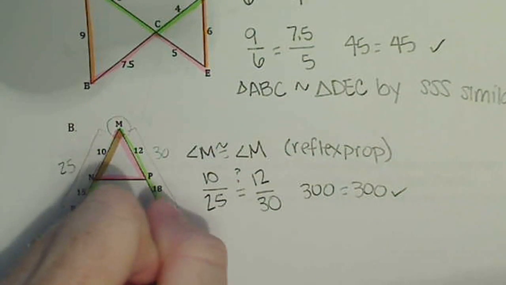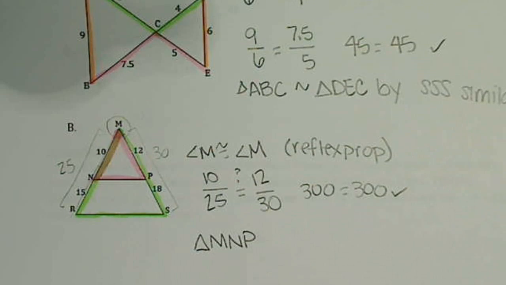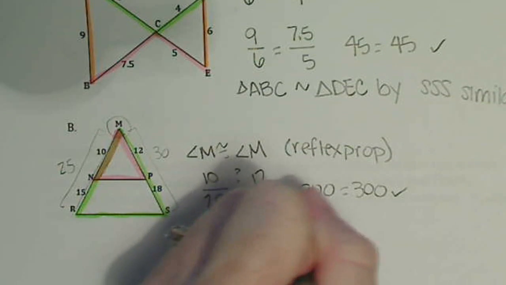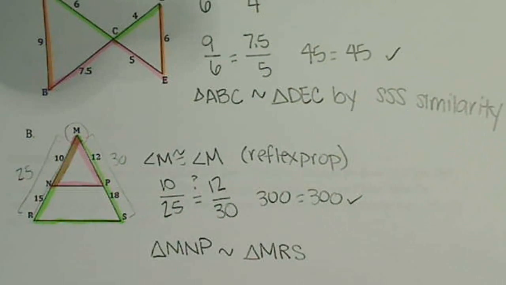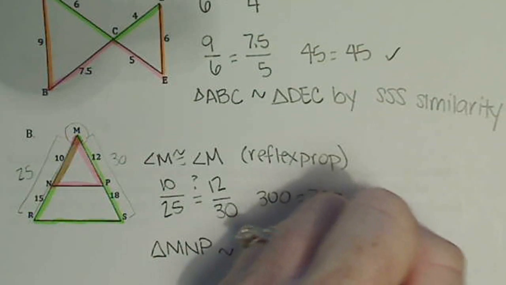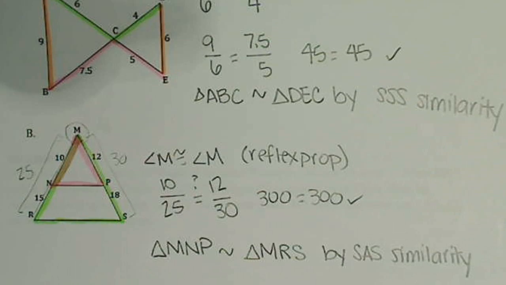So we can say triangle MNP is similar to triangle MRS. And what's our reason? Side, angle, side. Excellent. Let's do our last one, and it's